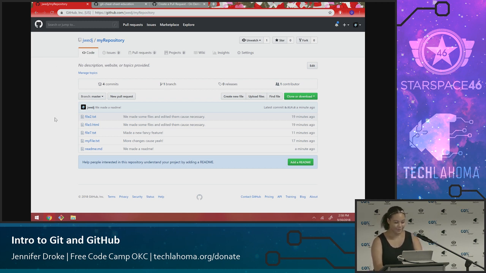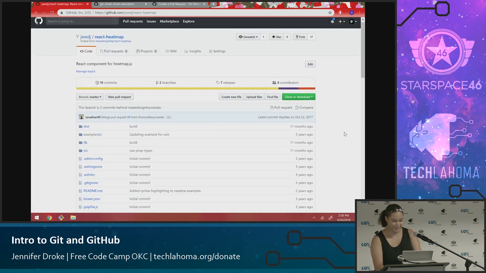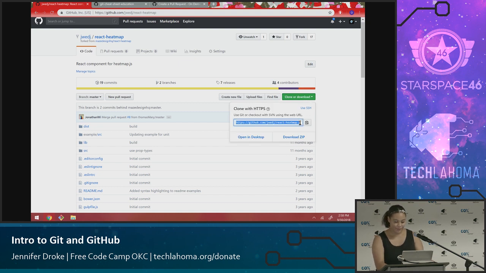And very quickly, I will give a little more information on how to clone a repository. What we just did pretty much covers creating files, editing files, committing those changes with Git, and then pushing it all to GitHub. So now I'll go over cloning a repository. I'll switch to a different repository and show that. You can do this with the repository we just created, but I'll go to React heat map or some other random repository. Then if you go to the green button, clone or download, and you copy this link,